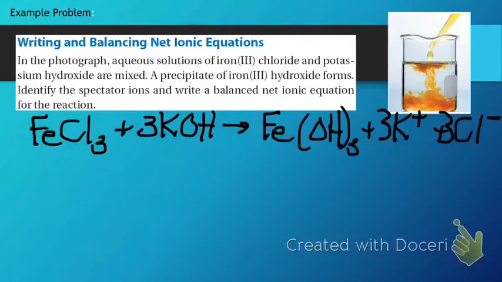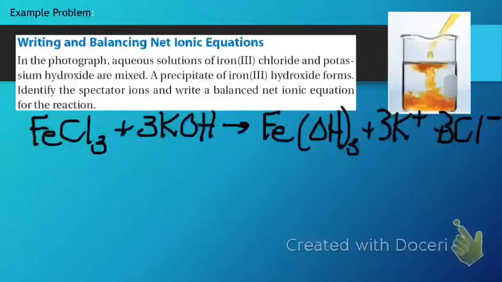Okay, so let's practice. We have reacting here in this photo aqueous solutions of iron 3 chloride and potassium hydroxide. Our problem tells us that we're going to get a precipitate of iron 3 hydroxide. We need to identify the spectator ions and write a balanced net ionic equation. So what you're going to start with is your balanced